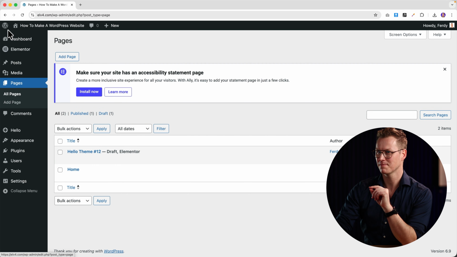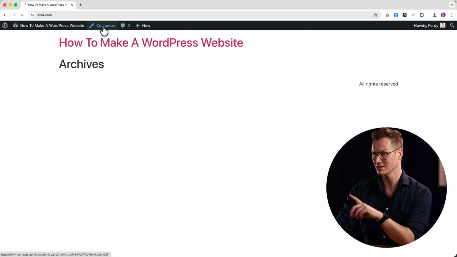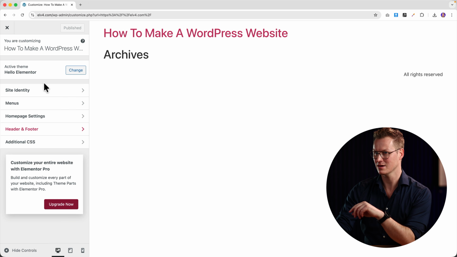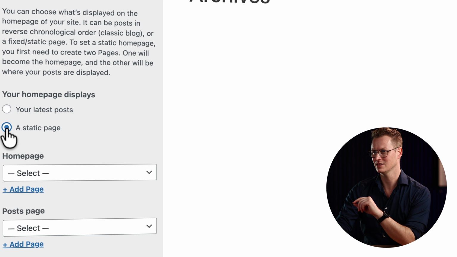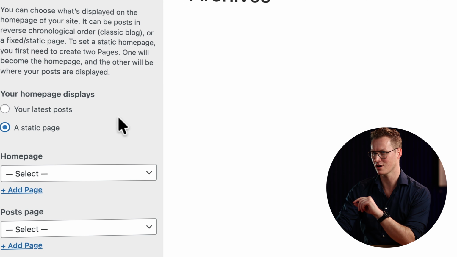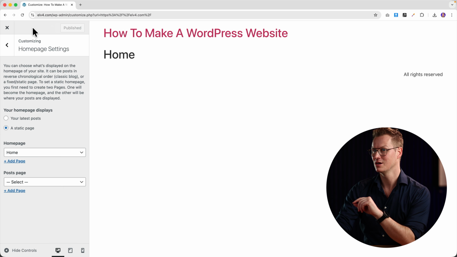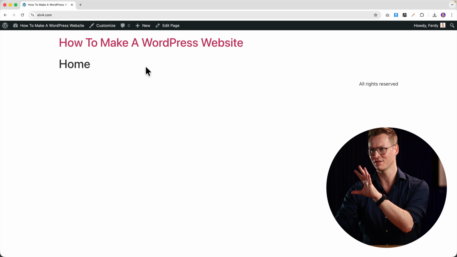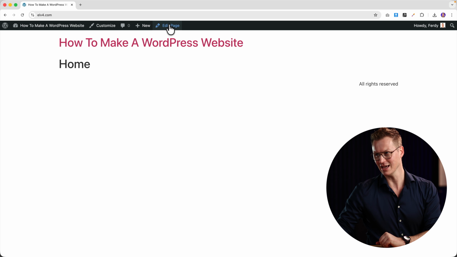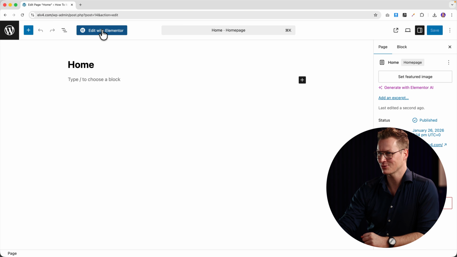I click over here. I go to the website. Then I go to the customizer. And then over here at homepage settings, I select a static page. And I want to show the homepage over here instead of my archive. So I select the homepage, publish. So now if I close this and I am at the front end of my website, lv4.com, I can edit the page. Now, ladies and gentlemen, if I click on edit with Elementor,